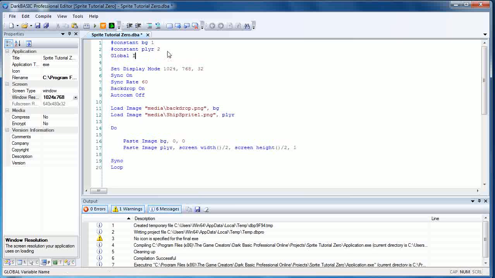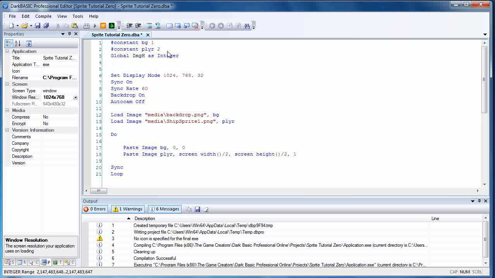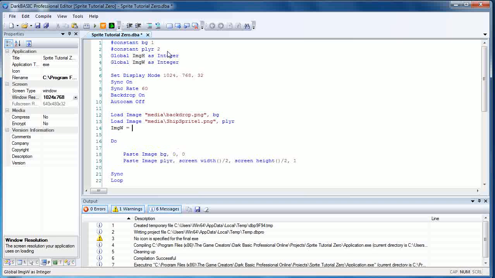global img h as integer. Doesn't really need to be that big, but it will do. Global img w as integer as well. So we've created our variables, and now we're going to make the program do the work for us: work out what the size of the image is, and then divide it by half. We're going to do that by typing in img w for width equals image width,